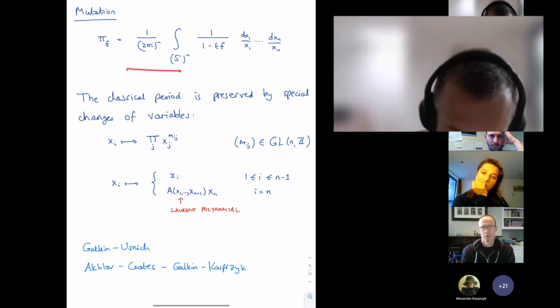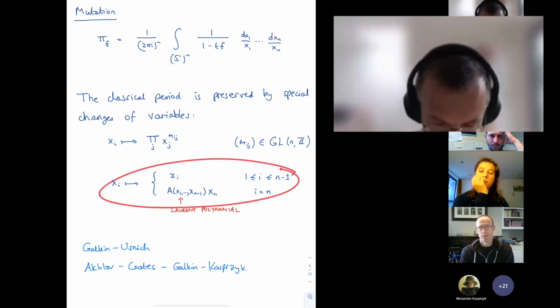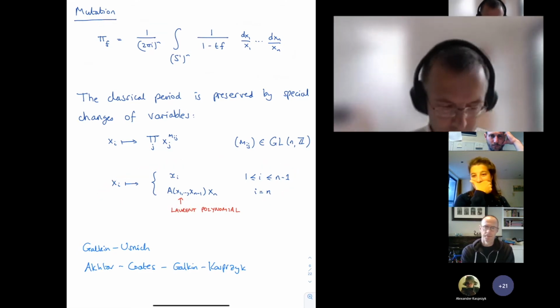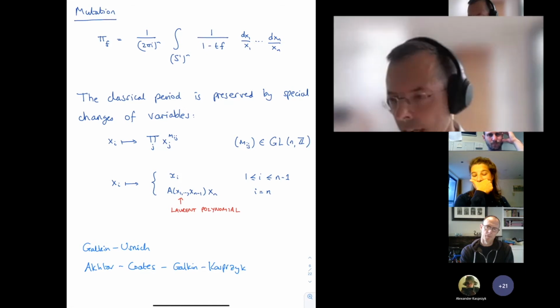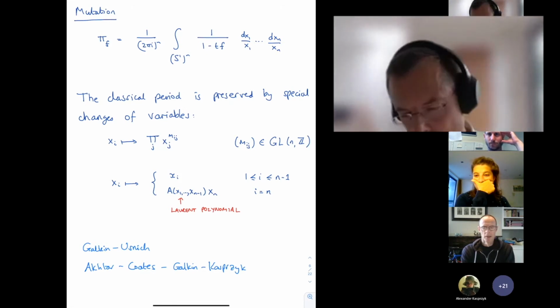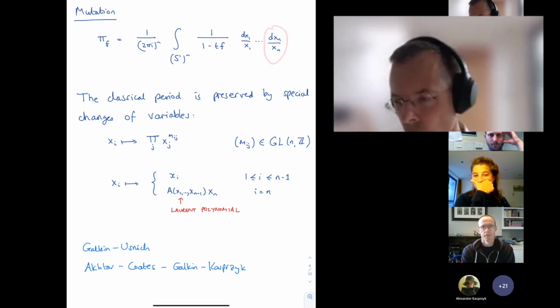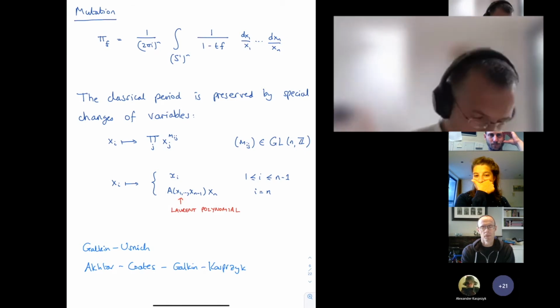And now if you apply the change of variable formula to this change of variables, you will discover that the classical period doesn't change. It's essentially because this is the multiplicatively invariant differential form. So if you multiply xn by something, it doesn't do anything. Okay, so